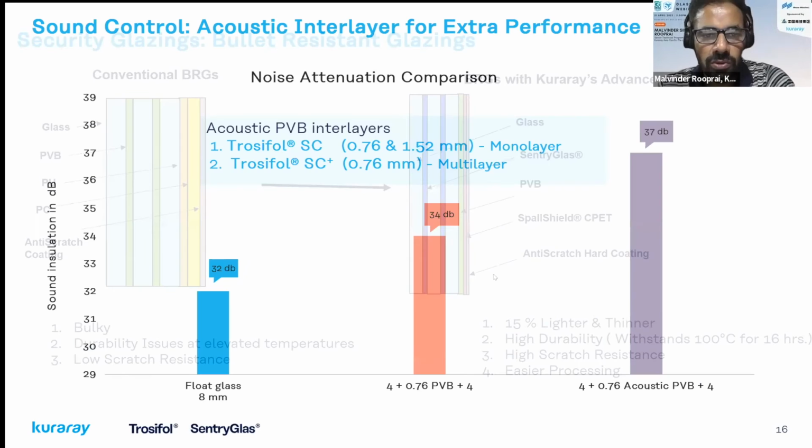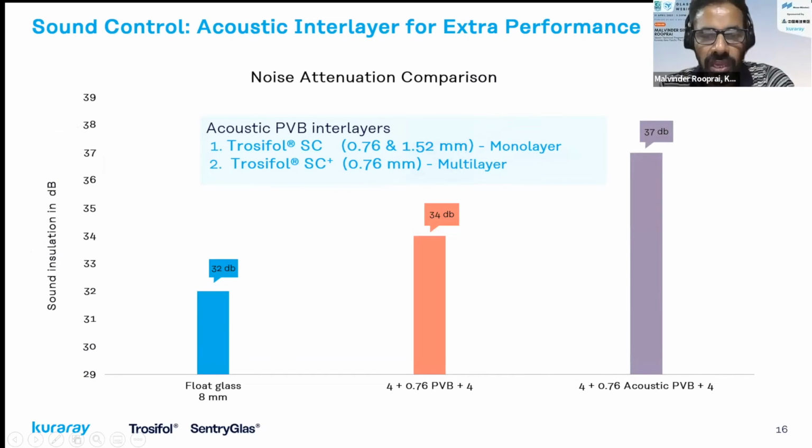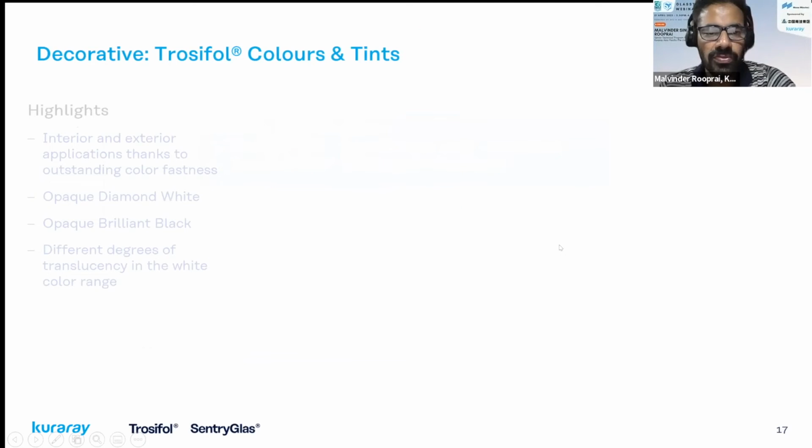Then moving on to acoustics, here we have a comparison between standard single monolithic glass, standard PVB laminate glass, and acoustic PVB laminate glass. So there is a clear difference of 3 decibels from standard PVB to acoustic PVB. Here, then we move on to the